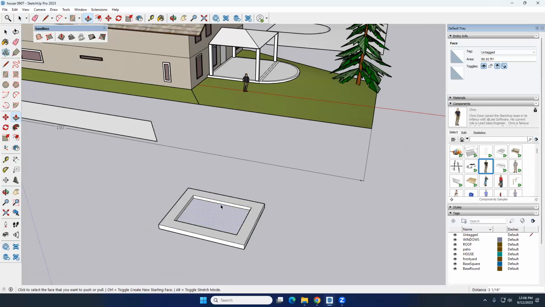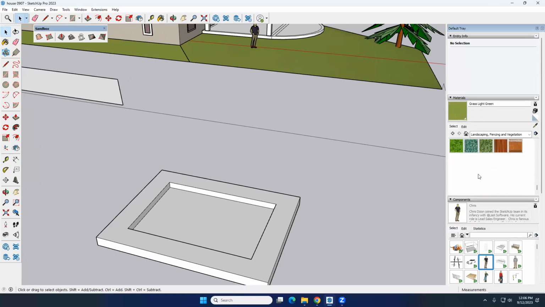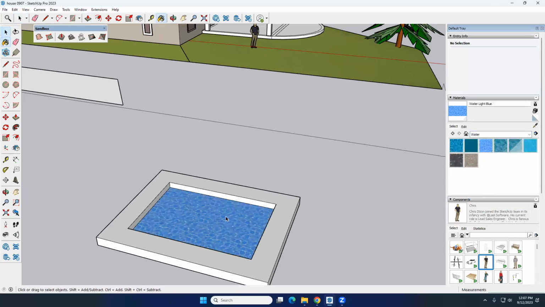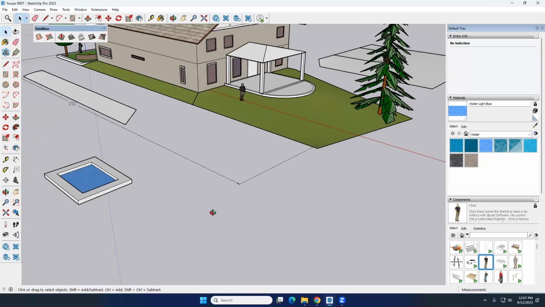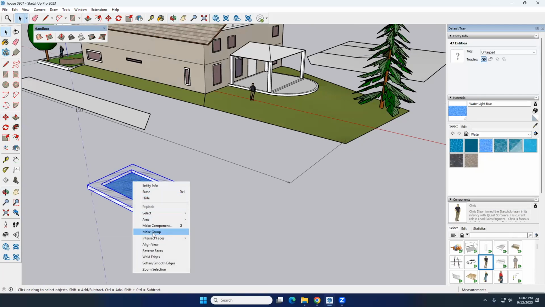Start with a rectangle, and you just put the material down there, water. Water, click. That's a pool. All you need to do is just move them. But that's a key: you want to create a group for your pool, because